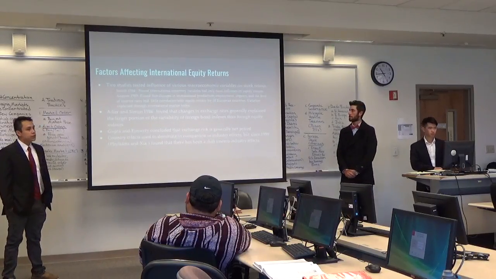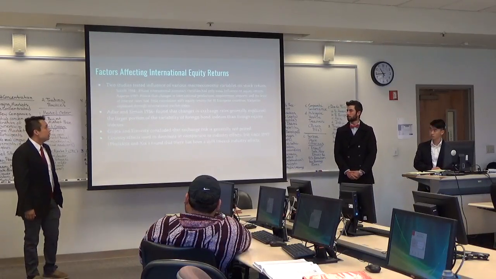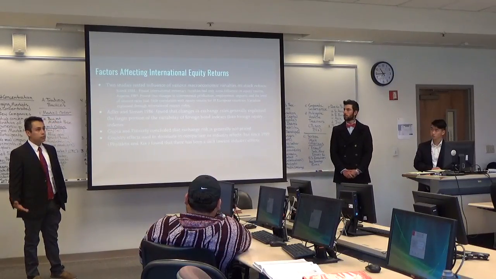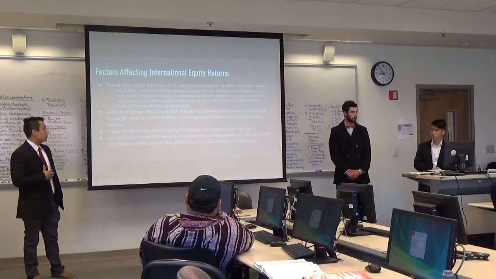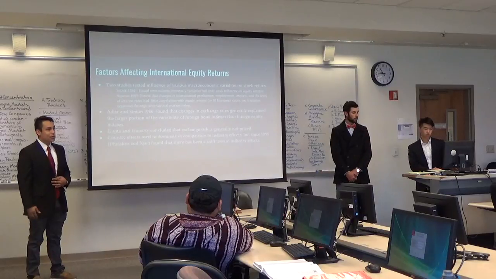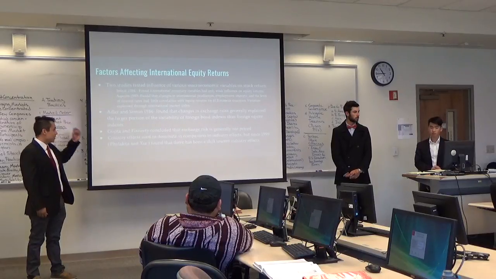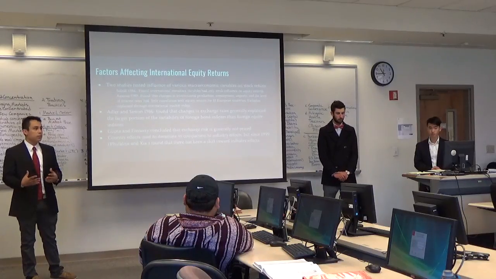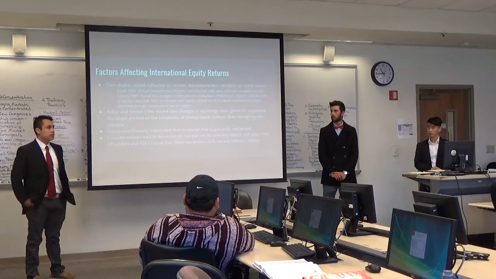Some of the factors, these are kind of old tests that these economists found back in the day. They basically found that international monetary variables have a weak influence on equity returns for people who live over there, and that changes in international production, employment, imports, and the level of interest rates had little correlation with equity returns in 10 of the biggest European markets. So they found that international markets are not very correlated with each other. There are a lot more variables because of the number of countries, and the different interest rates and currencies they all have going on.